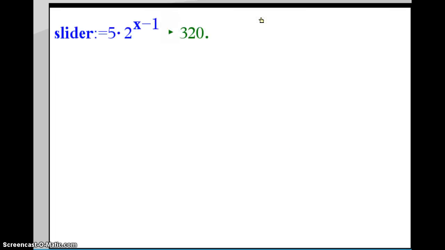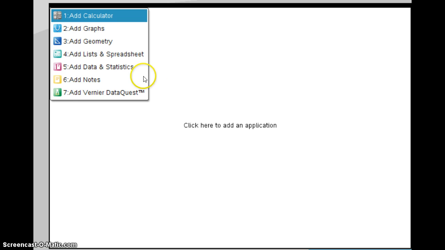So what I did is I inserted a notes page, just like that. And I wanted to insert a math box, which you can do using the insert menu or you can just do Control M. So Control M, and I created a slider variable. Colon equals means I'm going to define it. I'm going to set it equal to something, and I made the initial sample size 5